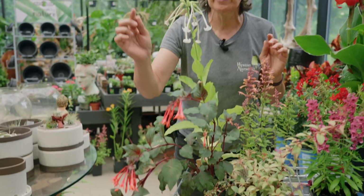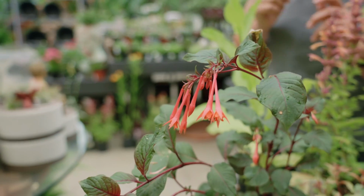This particular one, while hummingbirds can pollinate it, it's white for a reason. It emits its scent in the evening. It's looking to attract nighttime pollinators and certain moths that will also have long tongues to reach the nectar. I will point out that with some plants that have long tubular flowers, particularly things like the fuchsias here, I've